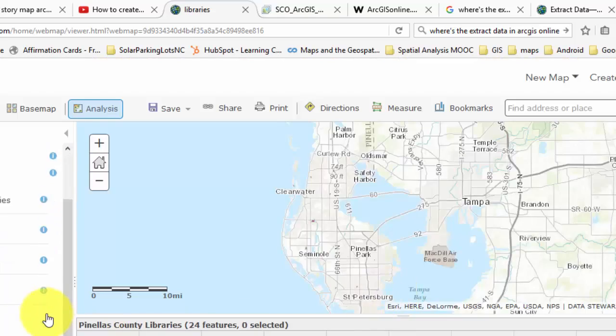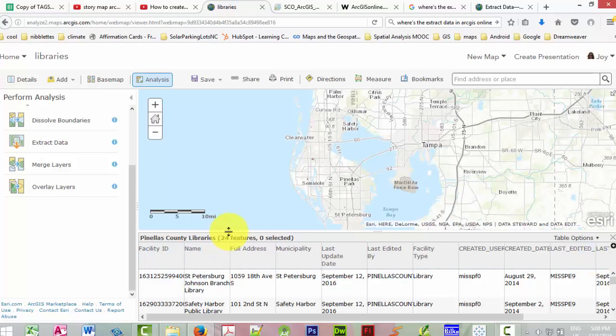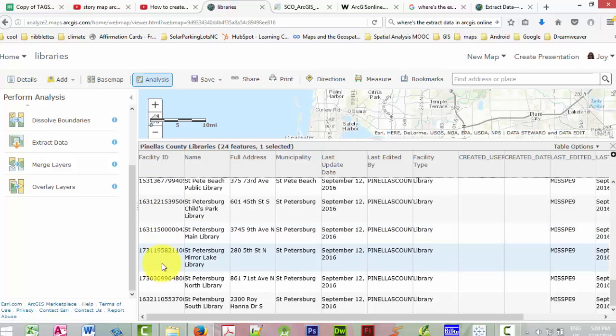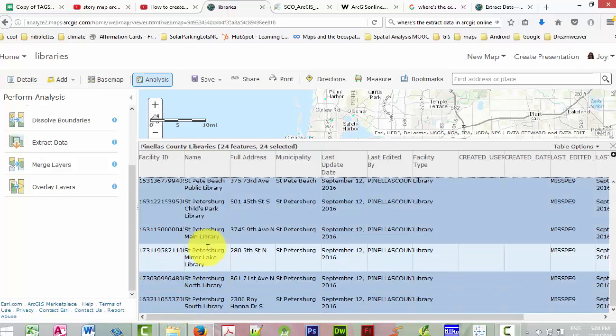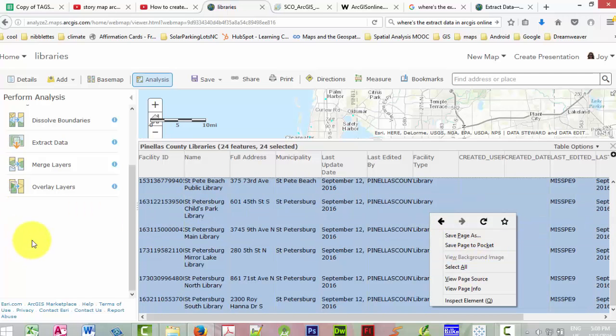And I can show you too that down here in the attribute table, if you try to go through and select all the records here and try and do a copy and paste, it's not happening. Okay,